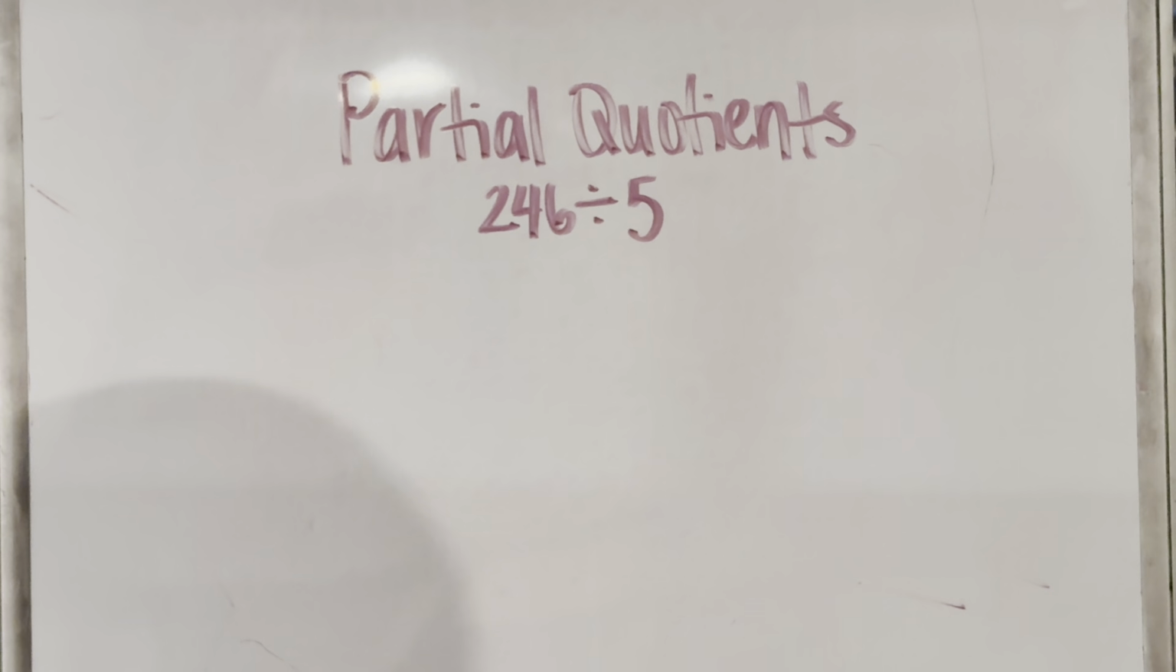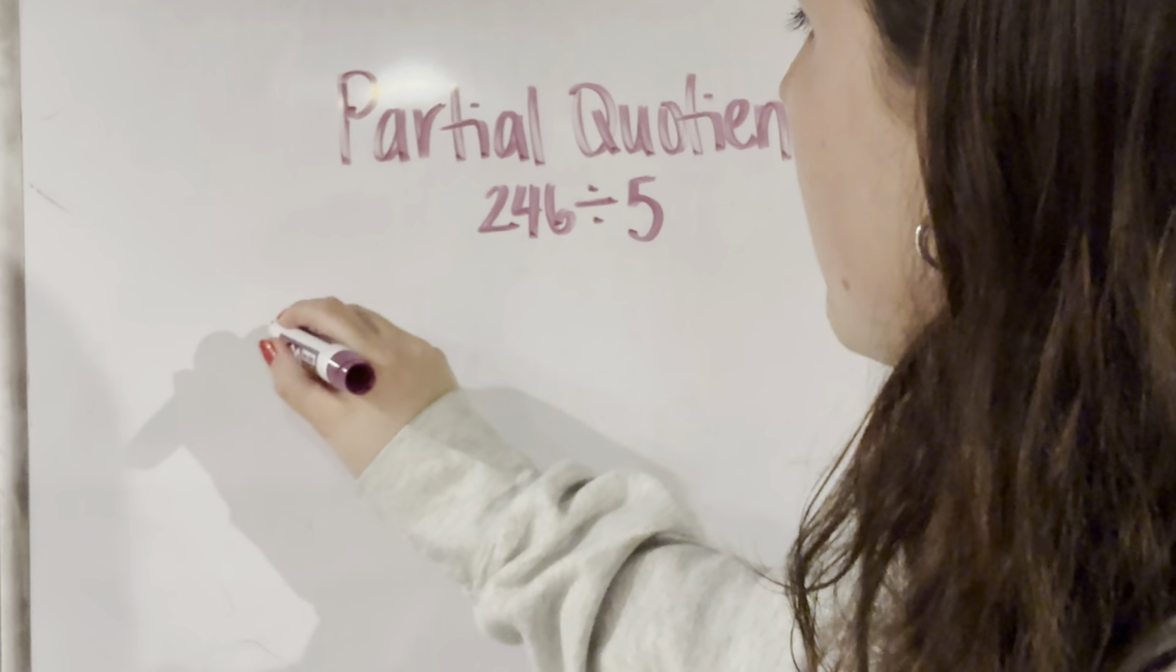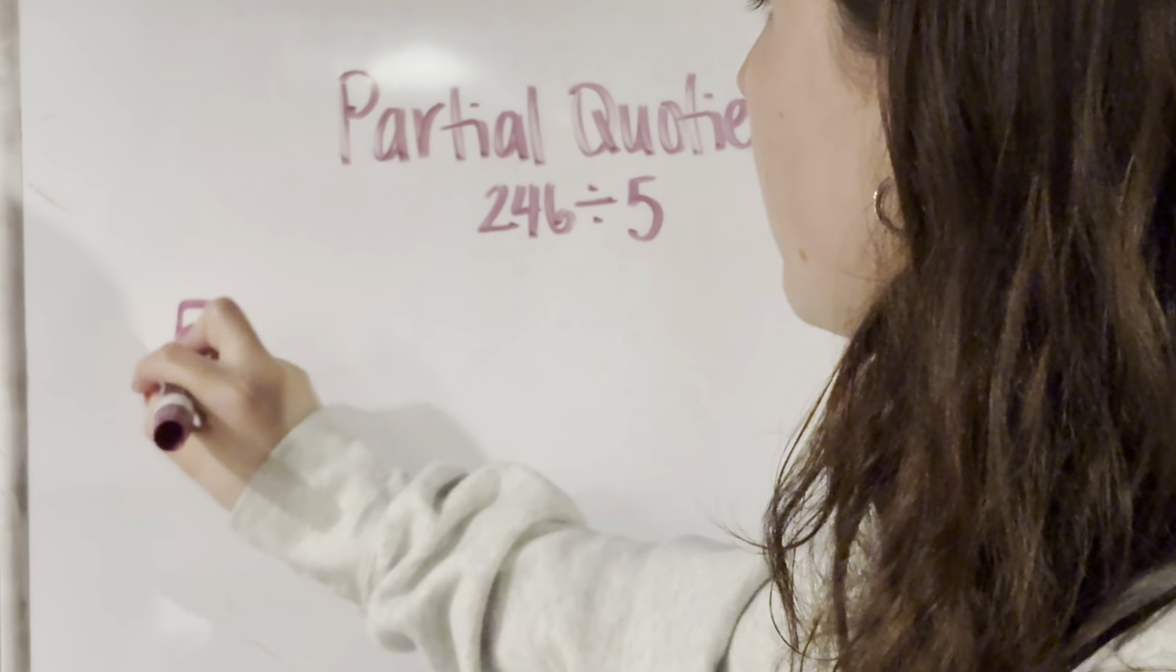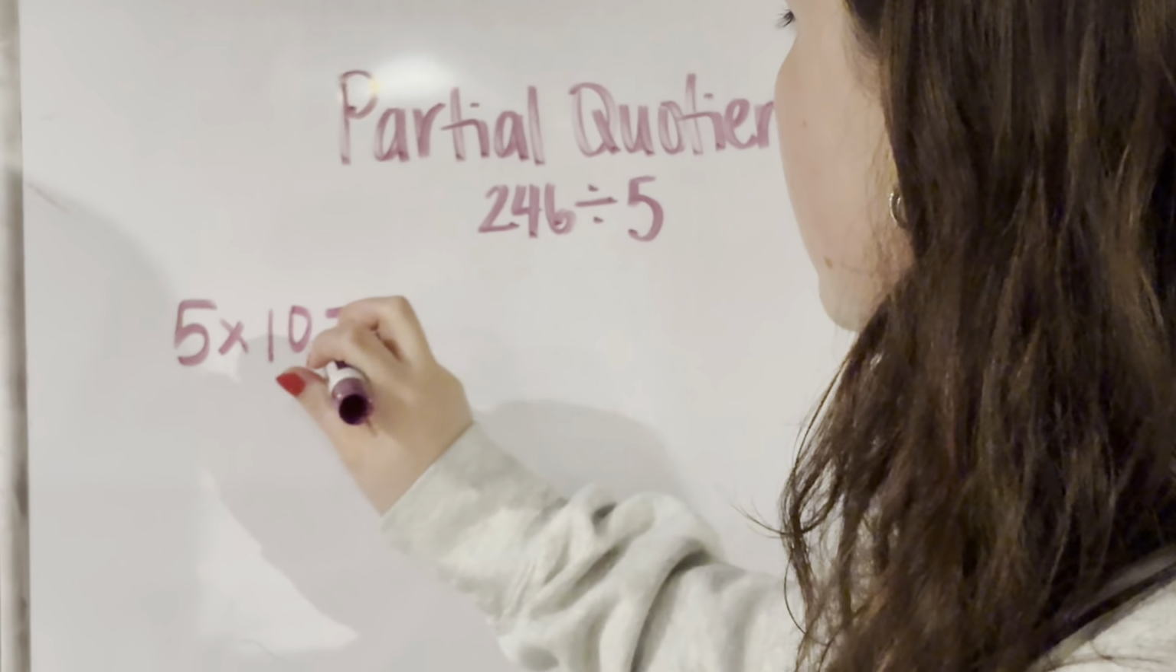The next method I will be using for division is partial quotients. My example problem here is 246 divided by 5. With this method, we start by thinking of the multiples of 5. So to begin, we can do 5 times 10 is 50,